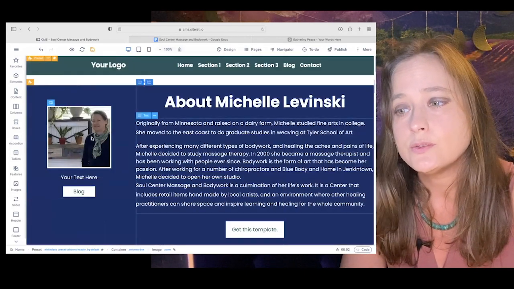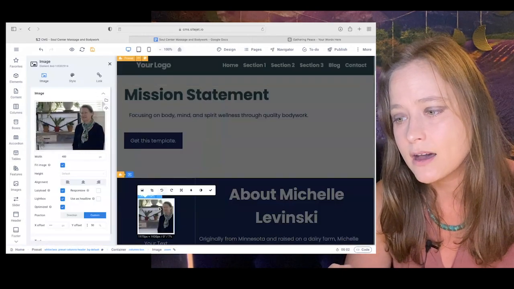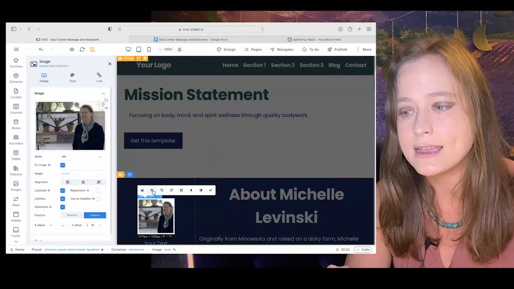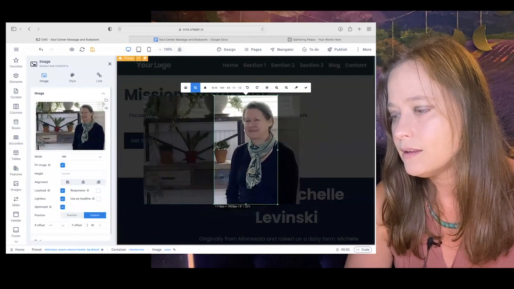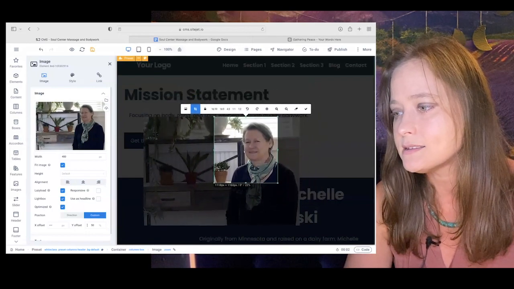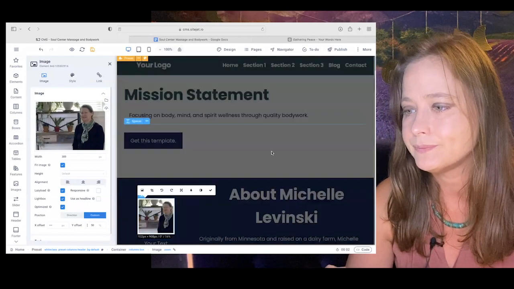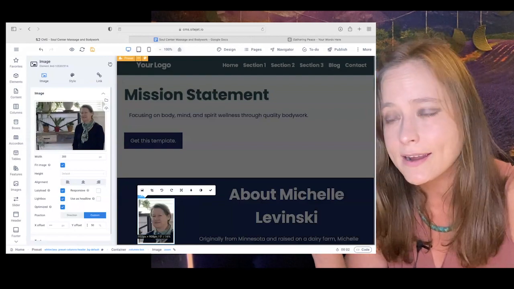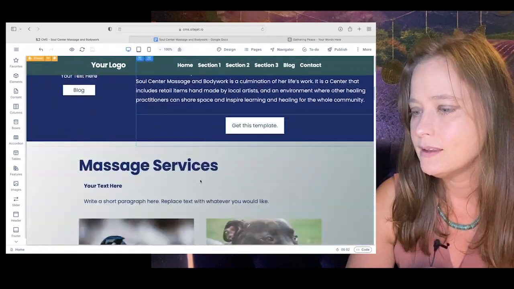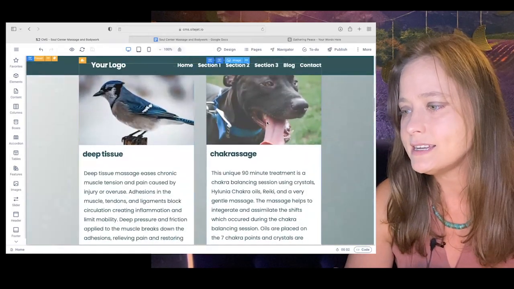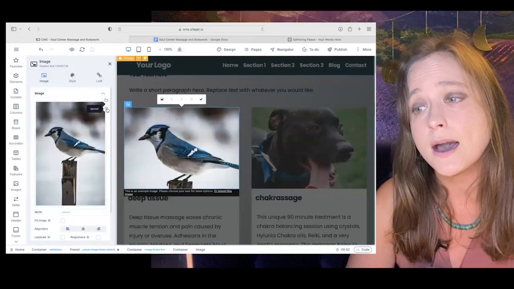If I were to want to change this image, like crop it, I could double click on it, and then this icon right here will crop the picture. And at that point, I can move the little green dots around so that I'm shaping the image where I want it to be. And then use the check mark and save it. Nice. So scrolling down, I'll change each one of these pictures by double clicking, going to the upload,